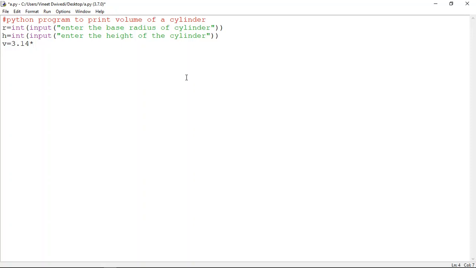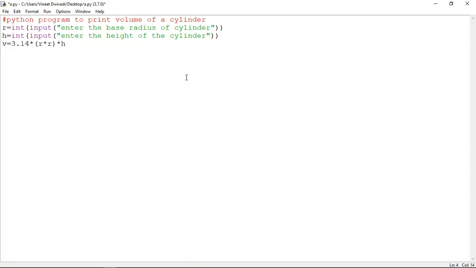Whatever the variable name you have given, you have to use the same variable. So 3.14 into r into r, and then you have to multiply it with h, that is the height of the cylinder. So here you have written h. It will be stored in v, and v is standing here for volume.